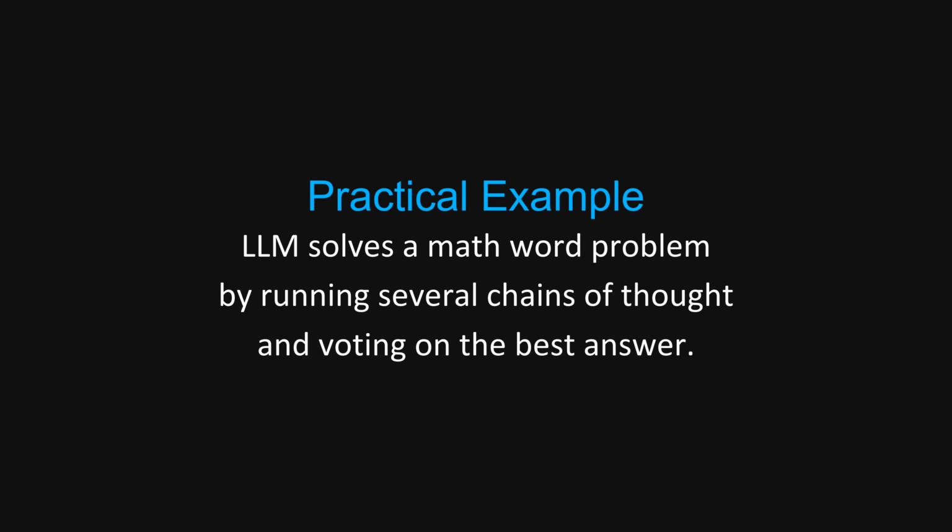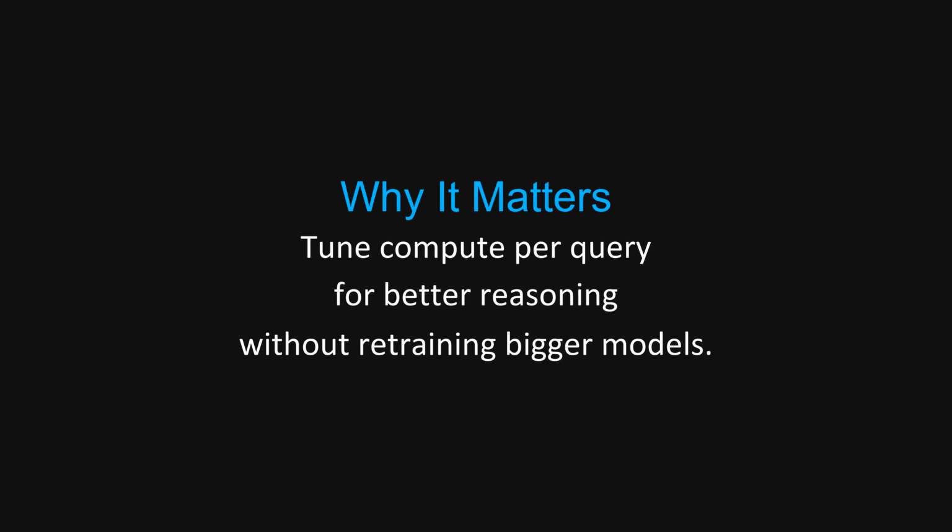This idea connects closely to inference optimization, where you decide how much computation to spend per request to balance quality, cost, and latency. Test time compute scaling matters because it lets you get better reasoning from the same base model by dialing up or down the compute per query, instead of constantly retraining larger networks. In production systems, this is a key tool for trading off accuracy, latency, and cost on the fly for different users or workloads. Test time compute scaling